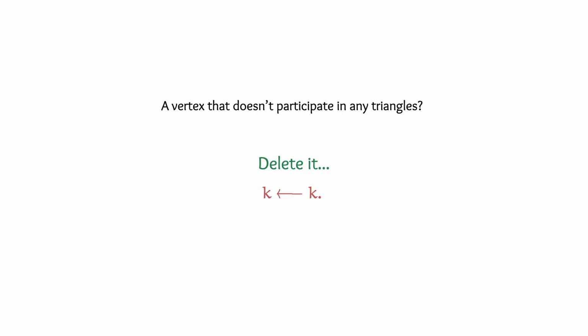it would not be the case that V did not participate in any triangles in the original tournament. To complete this argument, you might have to assume that the solution that you have is a minimal one, and notice that you can always assume this without loss of generality. So do work out the details once for yourself to be sure. At this point, I'm going to leave this as an exercise, and we'll move on to actually talking about the